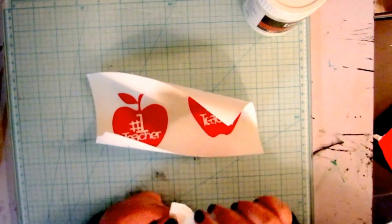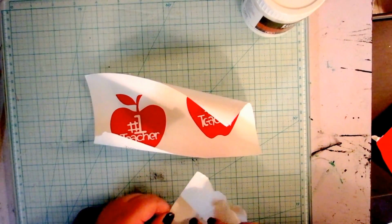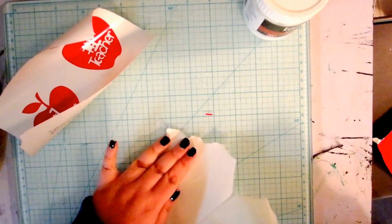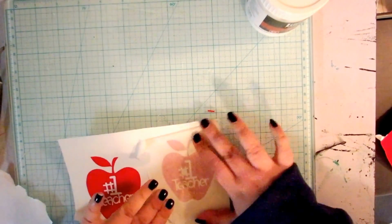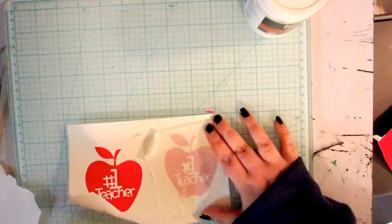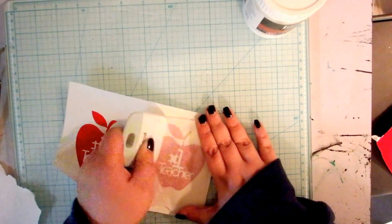Alrighty, guys, so I honestly have never used this transfer tape before. This is what I got in the kit, and what I'm going to do is, I actually just kind of rough cut it. It was so easy to peel apart with my fingers instead of running upstairs and getting my scissors. I don't know where my other pairs disappear to, but it is what it is. I'm just going to make sure that's nice and smooth. I'm going to use my little spatula here, my Cricut one. And I'm just going to make sure that this is all,